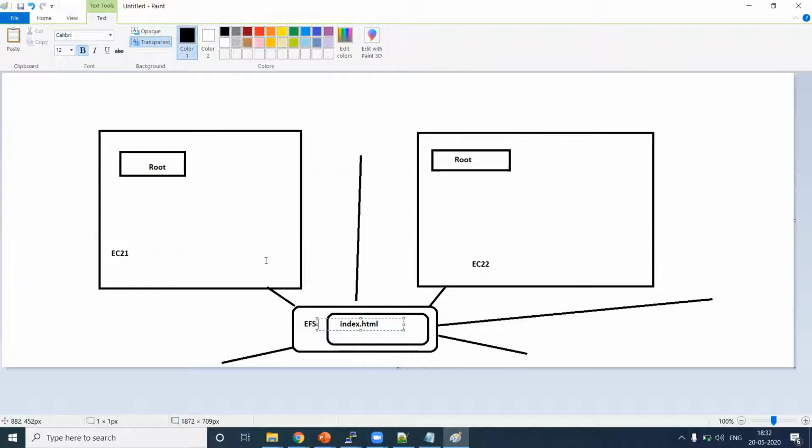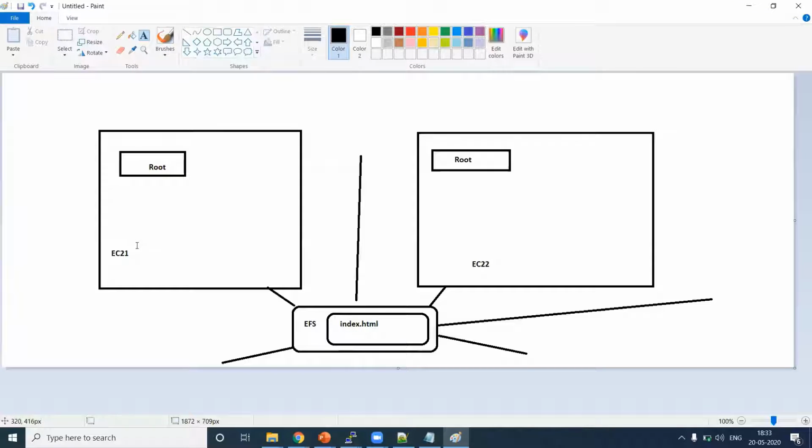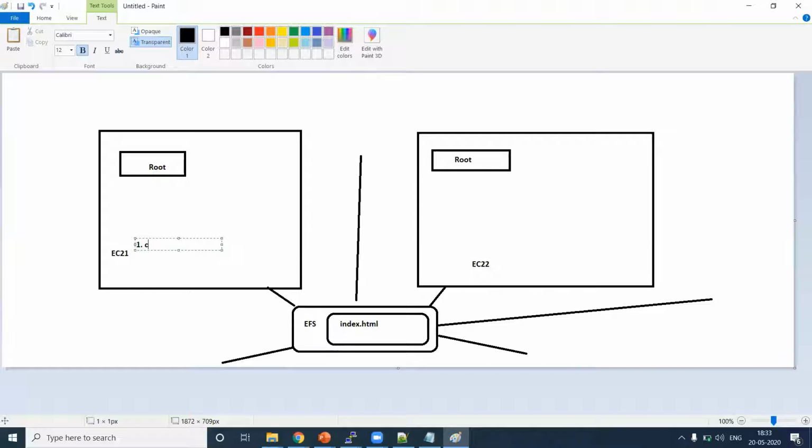What we are going to do is attach the EFS to EC2 instance 1, and in that instance we are going to create one index.html. On which file system is this file going to be created? On EFS. And once you create it on EC2.1, it will obviously and automatically be seen on the other EC2 instance too, because we are sharing the Elastic File System on both. Now if you create one more EC2 instance and attach this EFS to EC2 instance 3, you will be able to see all the files created in this EFS.